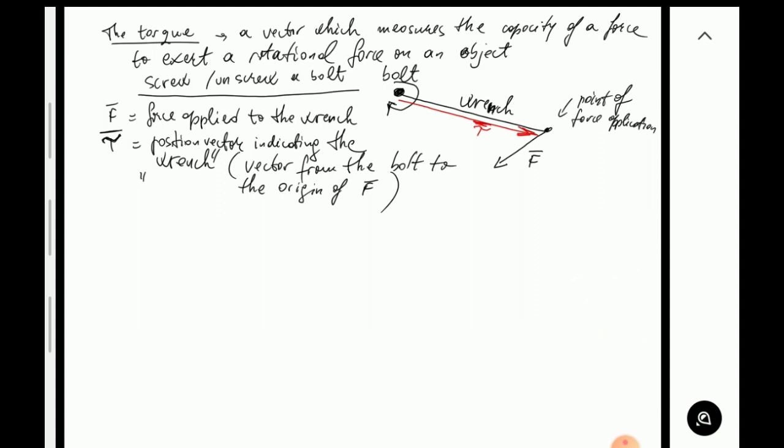Okay, so by definition, the torque is defined